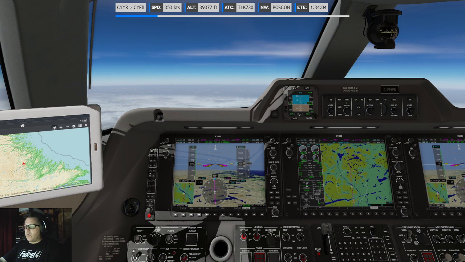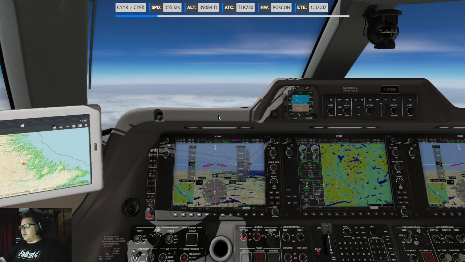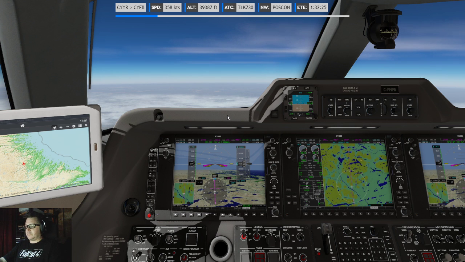Alright, let's go Mach 0.75. And yeah, we'll leave it on climb power so it accelerates.